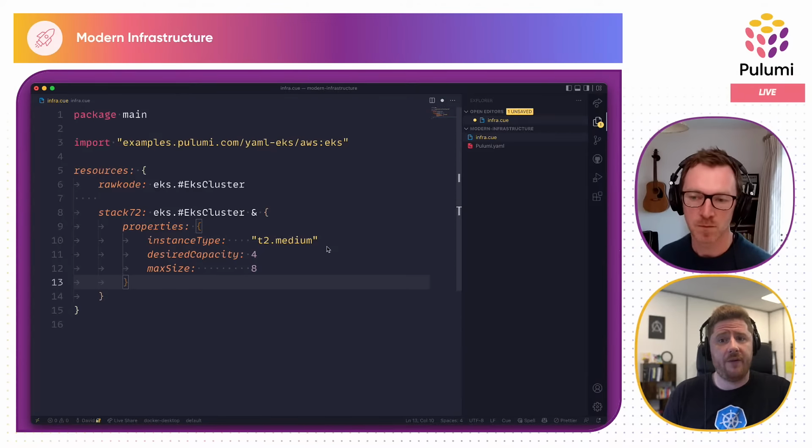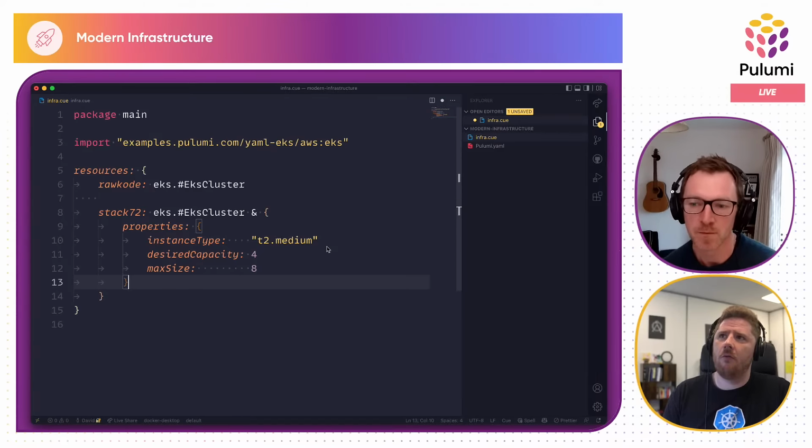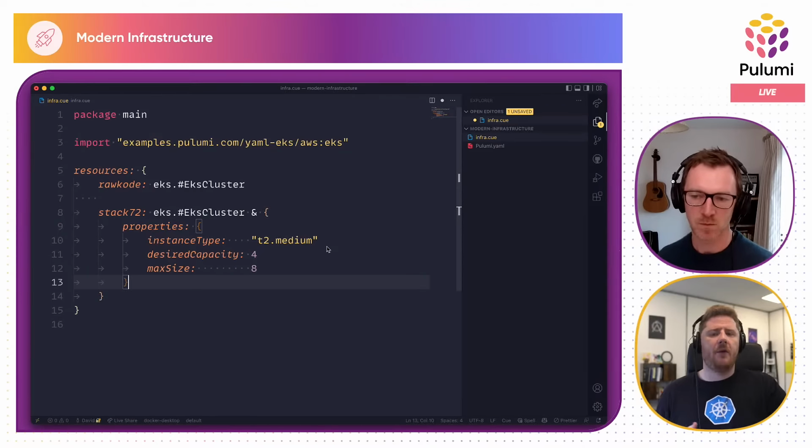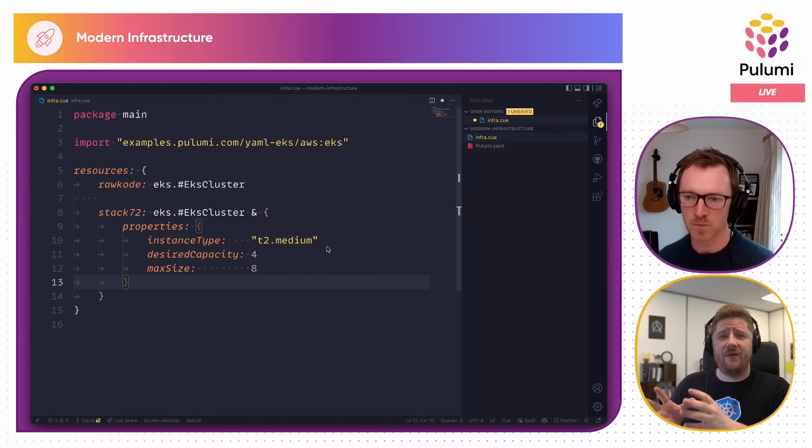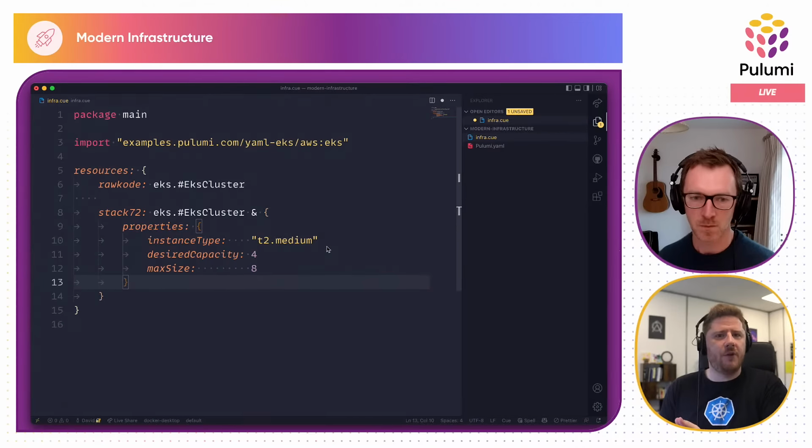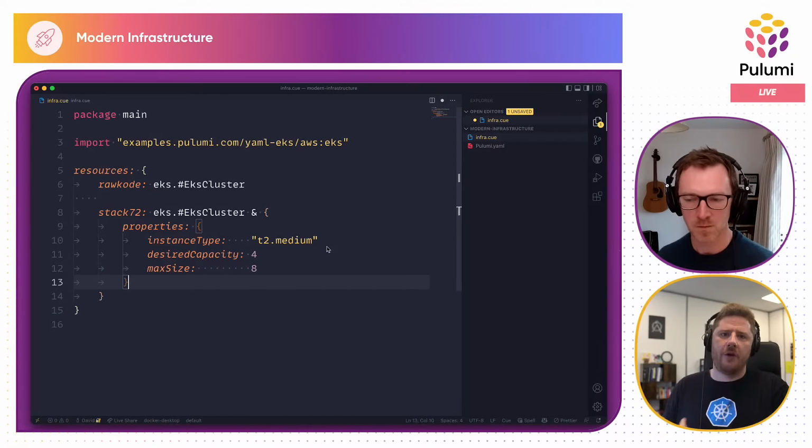We can build our own definitions, which can be reused. Because what we see in Pulumi land, at least, is that when people are building platforms, the platform engineering team will actually determine what that platform looks like, and they expose a small interface of options or configuration that can tweak the way that works. It's very rare the development team would just use the raw EKS or GKE APIs, because the platform team is like, oh no, we've got sensible defaults. We want to deploy monitoring, observability, logging, tracing, all these other cool things.